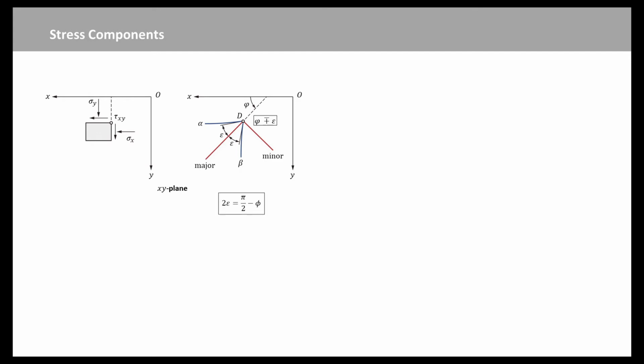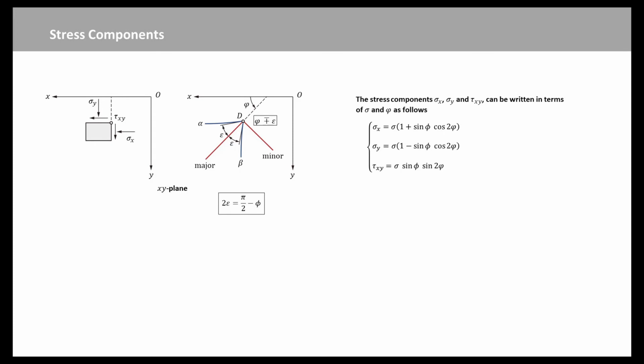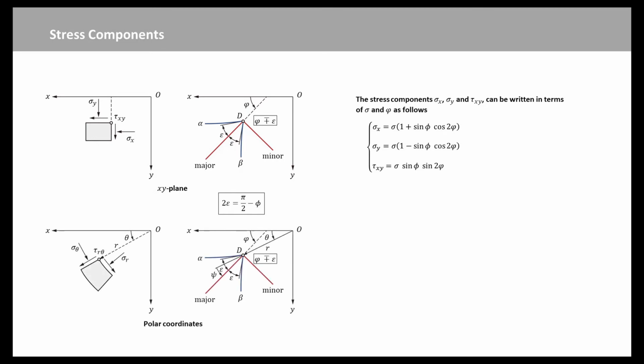It is of particular importance to investigate the slip lines, which consist of two characteristics intersecting each other at the angle 2 times epsilon equal to 90 degrees minus phi. We shall represent the stress components sigma x, sigma y, and tau xy in terms of sigma and varphi in these equations. We turn now to a system of polar coordinates r, theta, which it is sometimes more convenient to use,